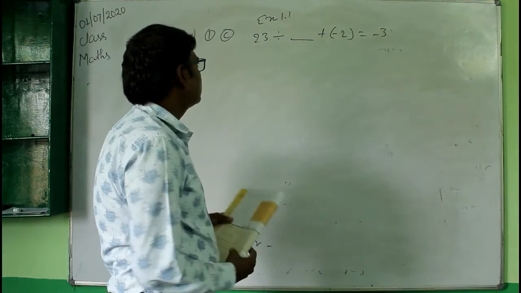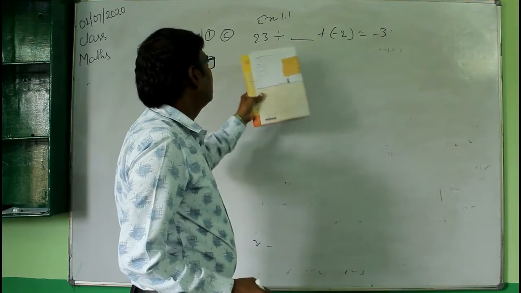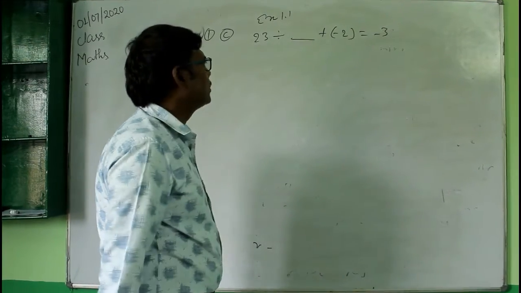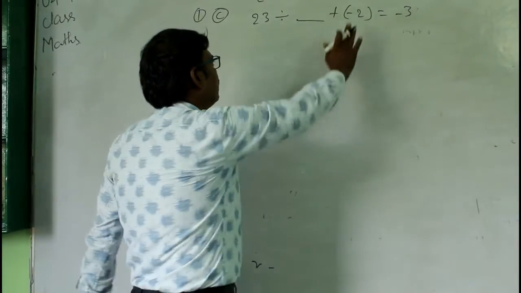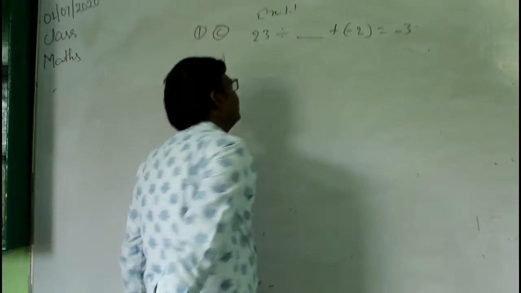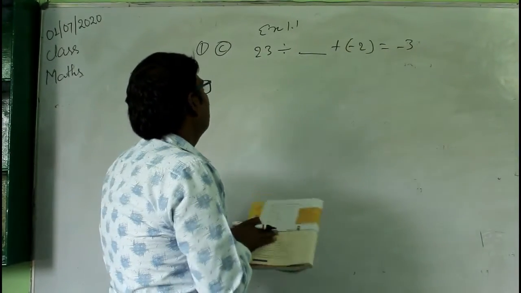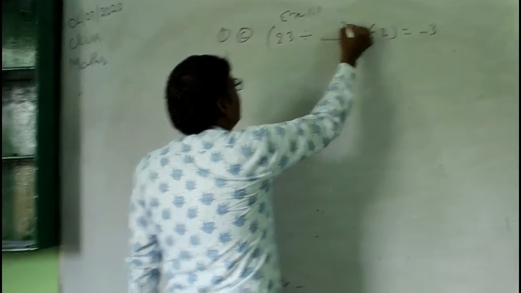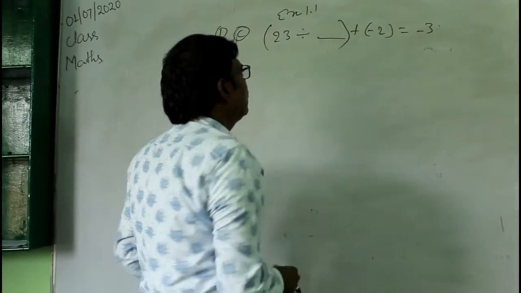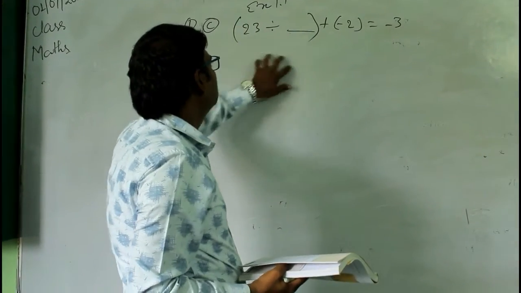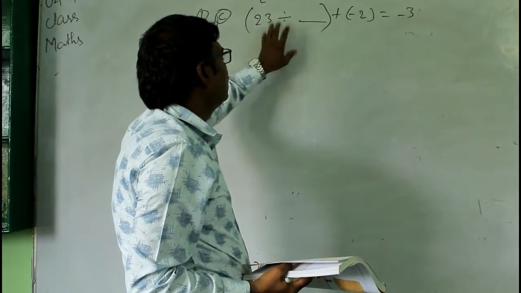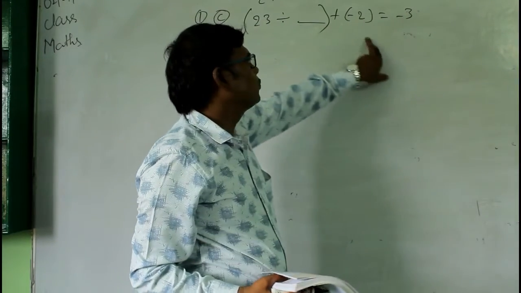इसमें क्या आंसर होगा? यहाँ पर 23 है डिवाइडेड बाय डैश प्लस माइनस 2 इक्वल टू माइनस 3. तो अब यहाँ पर माइनस 2 लिखा हुआ है और यहाँ माइनस 3 लिखा हुआ है. ओके, तो अब यहाँ पर क्या होना चाहिए? अगर हम यहाँ देखें इसमें लाइक दिस पार्ट. So in this part, यहाँ पर -1 होना चाहिए. That is, this part must be -1. That is why -1 plus -2 equal to -3.